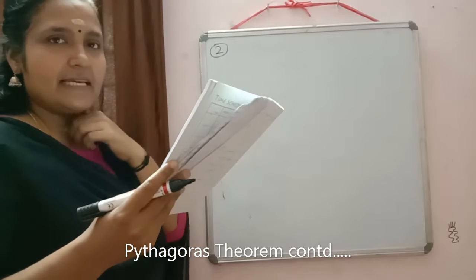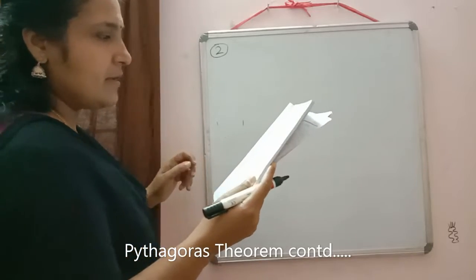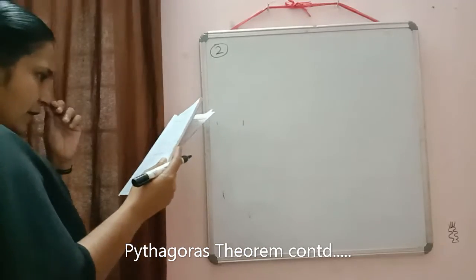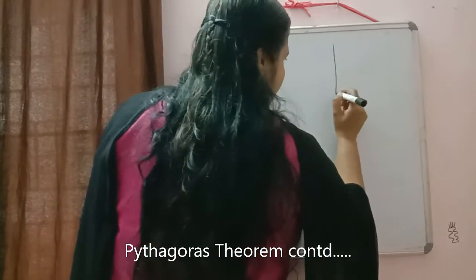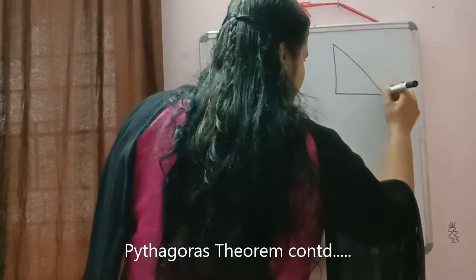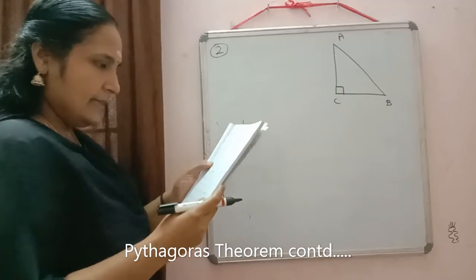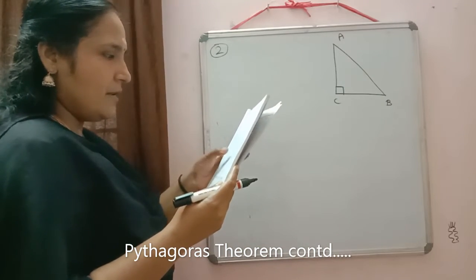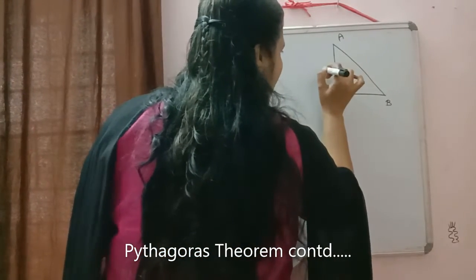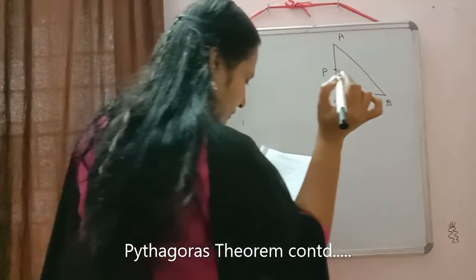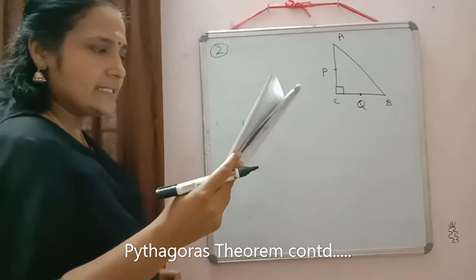Now in this question, first we can check how the diagram will come. It is given P and Q are the midpoints of sides CA and CB of a triangle ABC right angled at C. So it is given in triangle ABC, angle C is 90 degrees. So A, B, C I am marking here. And then what is given? P is the midpoint of CA. Q is the midpoint of CB.